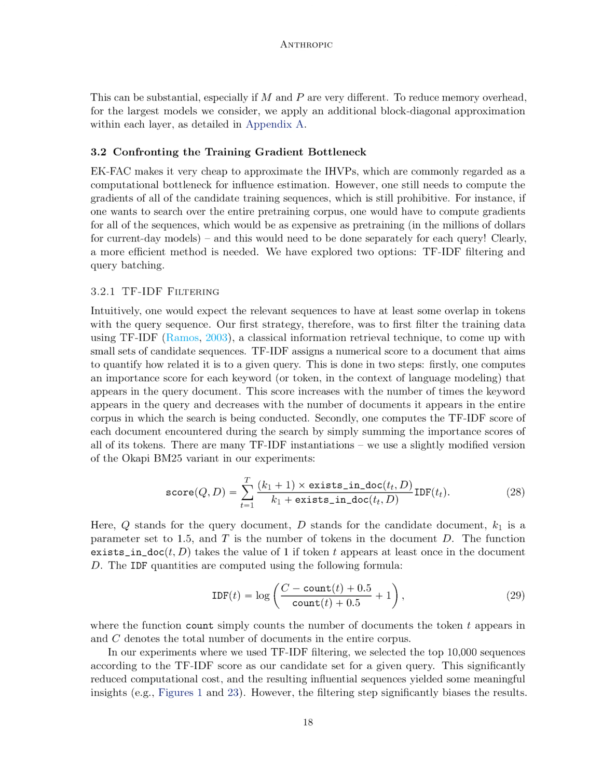3.2.1 Using TF-IDF filtering. Here's a thought: the sequences that are most relevant likely have some shared words or tokens with our query. So, our first tactic was to filter our training data using TF-IDF, a classic method used to find relevant documents. Here's a quick rundown of how TF-IDF works. It assigns a score to a document based on how related it is to a query. First, it calculates a score for each keyword in the query. If the keyword appears a lot in the query but less in other documents, its score goes up. Next, it sums up these scores for every keyword in a document. This gives the document's TF-IDF score. There are different ways to use TF-IDF.